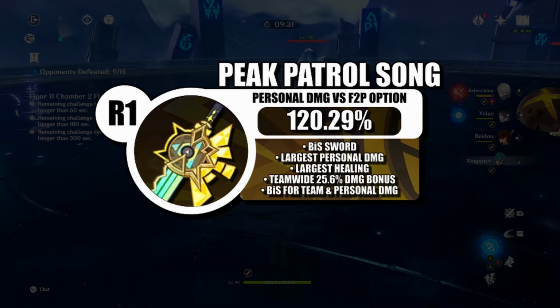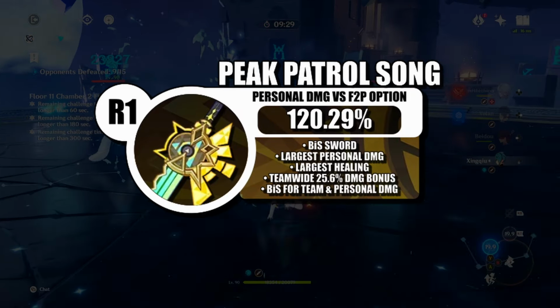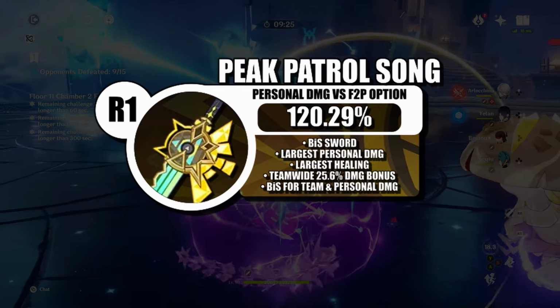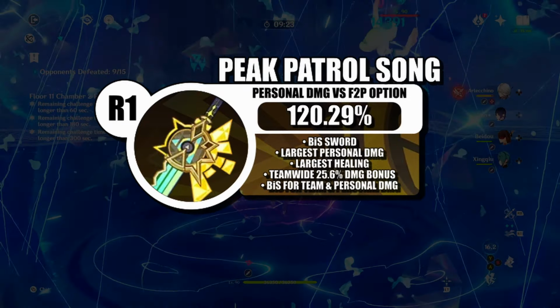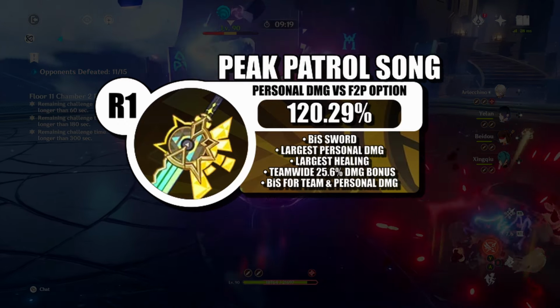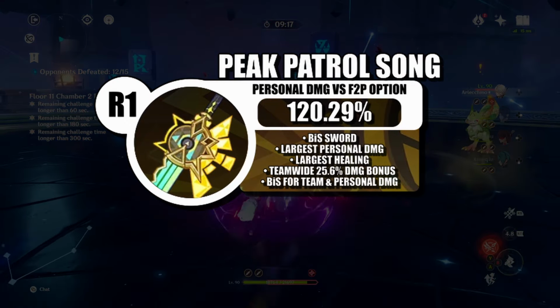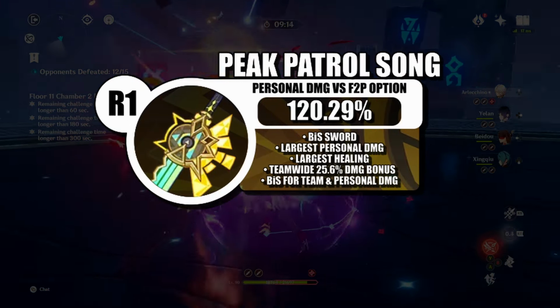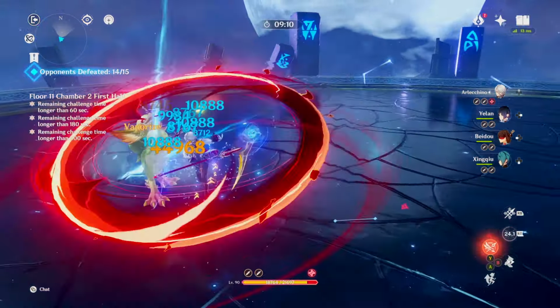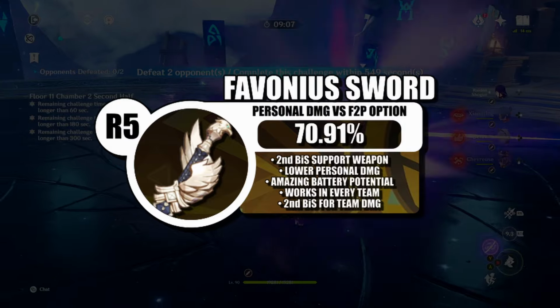This weapon's nearly unconditional damage bonus to the entire team will usually lead to a 15% team damage increase or higher if built into, or a 6% team damage increase at the minimum if not. This weapon is so ridiculously strong for Xilonen and many other characters that I recommend everyone pick it up if you would like to increase the overall power of your teams. It's just that good. If you don't have this broken stat stick, then Favonius sword is a good substitute until then,